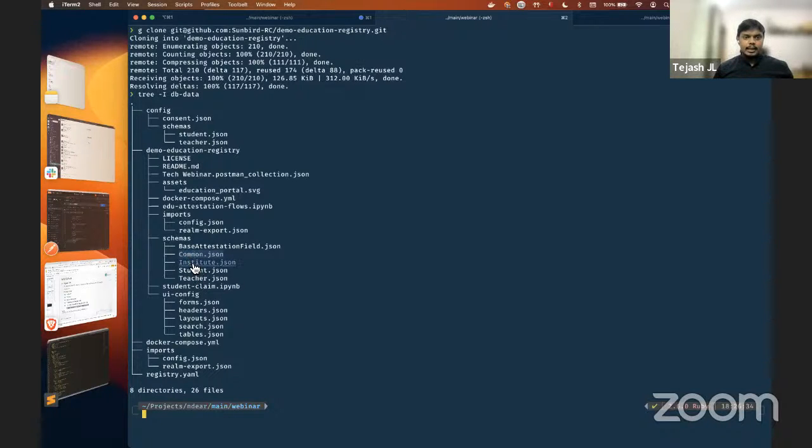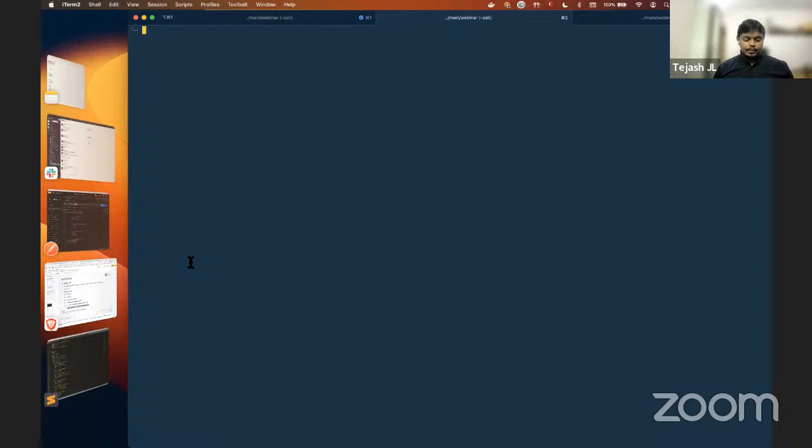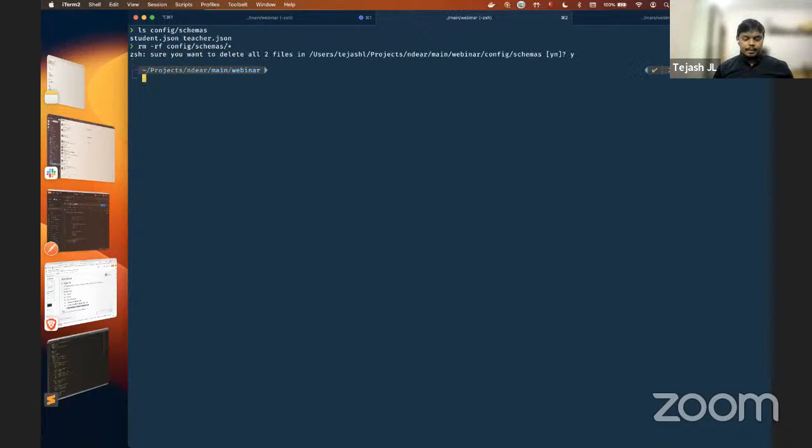Before doing that, what we basically need to do is move all of these schemas that we cloned from the repo to the respective path. Previously I showed you that inside config schemas, there are a few default schemas that the command has created. So first we can remove them and move all the new schemas that we have cloned from that repository. I'm moving all the schemas present in the education demo use case to the config schemas path. Once this is done, we just need to restart the registry,